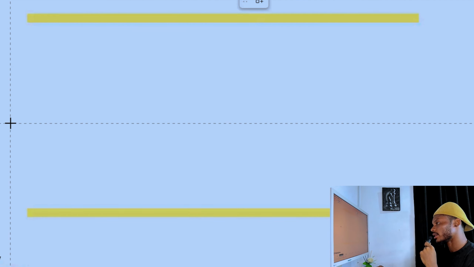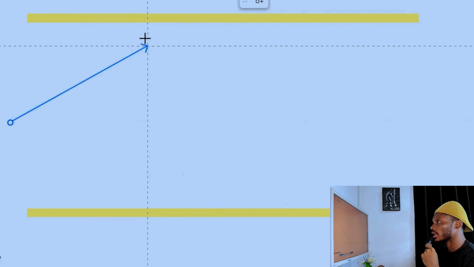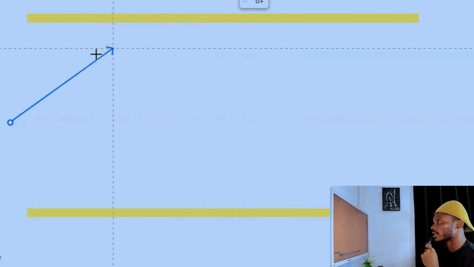So this video is split into two parts. We'll be analyzing on a higher time frame and we'll be analyzing on the lower time frame. So let's treat this as our support zone and this as our resistance zone. Okay. So using the previous example we used during part one of this video, the market was pretty bearish